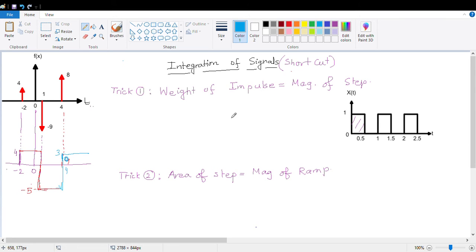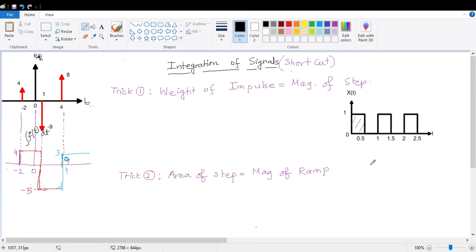Now what I am going to do, I am going to show you how to get the integration signal. So this is that I have to write, integration. This is basically the integration of f(t) dt. Sorry, f(t), this must be f(t). This is the integration of f(t) dt. Understood?